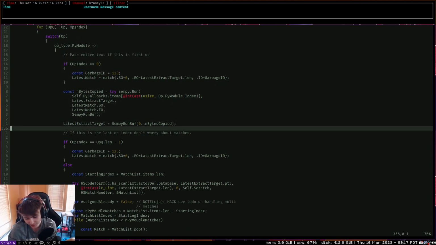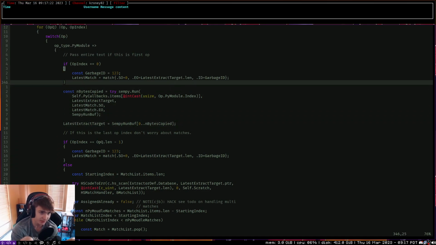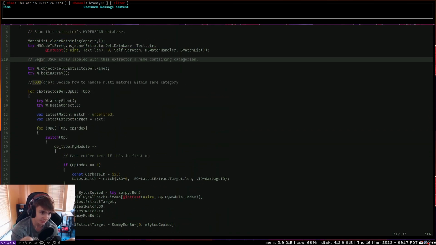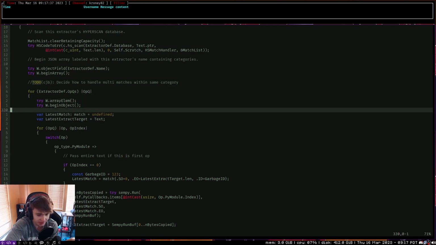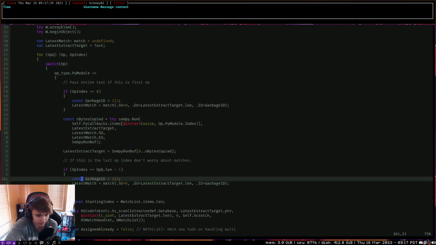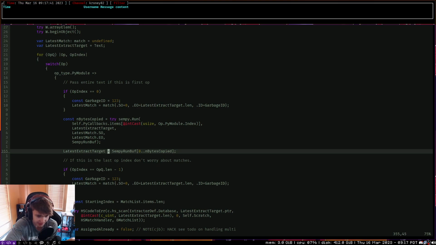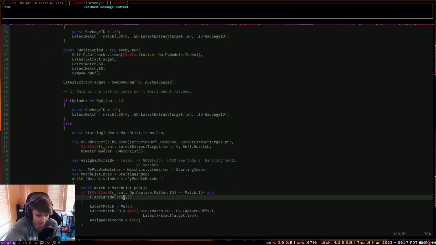But the problem is we want to preserve matches across runs of operation queues, so we can have multiple operation queues. We think of that as a list of operations to perform on the text as per whatever the user defined. Do all these operations. If you encounter a script, we need to get matches for the output of that script, handle them,